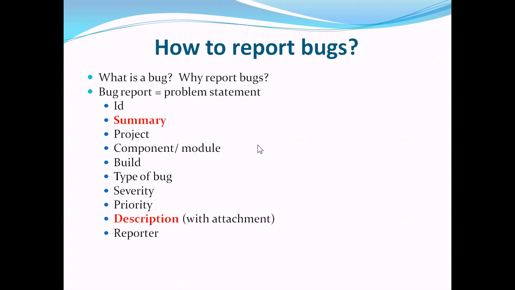So have a correct short summary. The most important field of the bug report is the description. Description is where you provide the detailed steps of your test case or whatever test you ran, along with the test data, the inputs that you gave, what problem you observed, and instead of the problem, what your expectation was. And you can provide additional files like screenshots, server logs, or automated test cases to help replicate the problem. So these are the important fields. Then we saw a sample bug report.